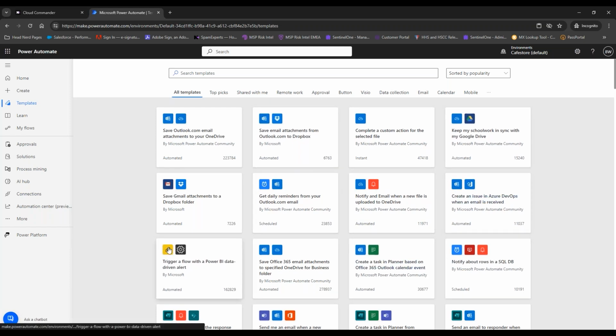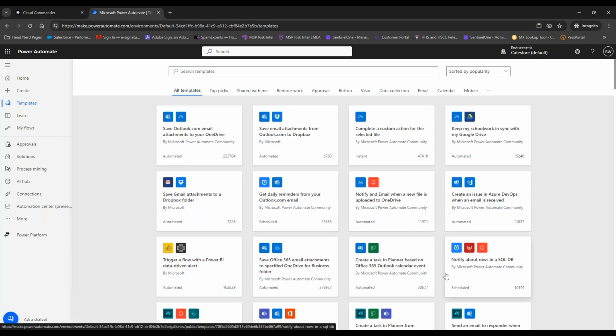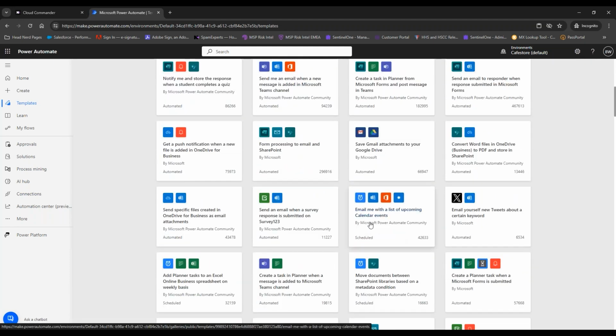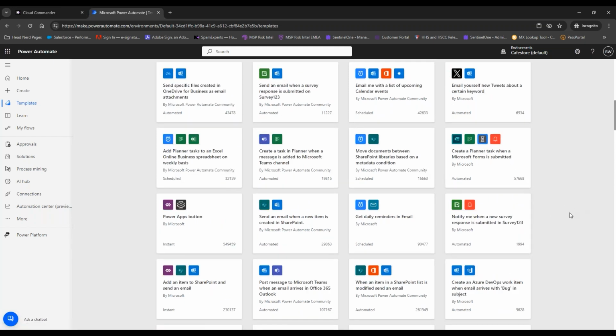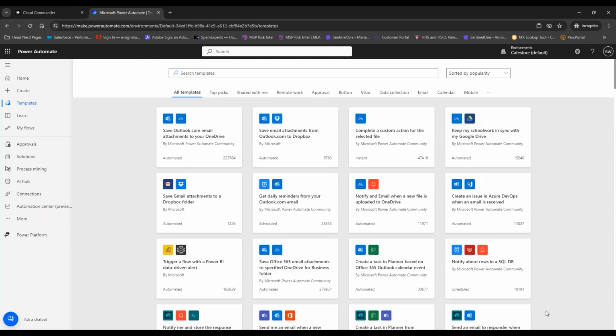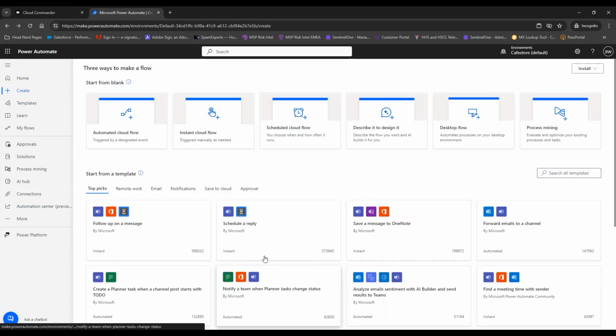So here we'll need Power BI, right? And we'll attach this to some settings, right? We've got Gmail and Dropbox. We've got a scheduled flow that works with Outlook, right? We can come down and we can get even more complicated. Here's a scheduled flow that works with Outlook 365 and some type of event, right? Twitter, emails, right? There's just a number of items within this template section to look at starting the creation of